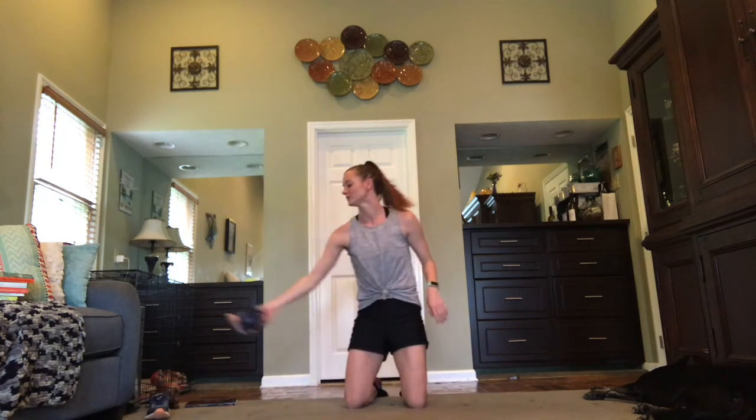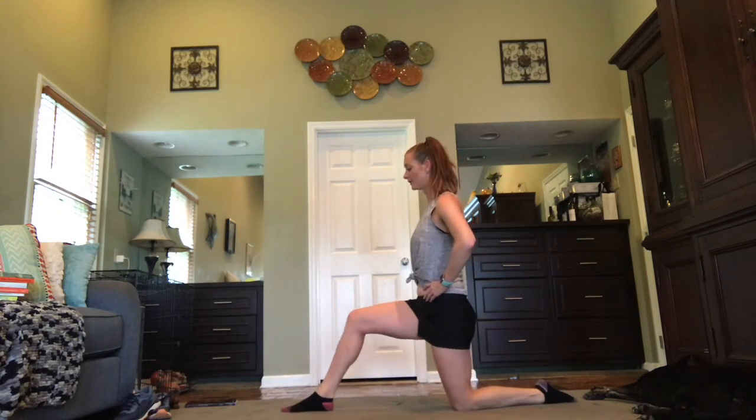So again, as we go into our splits, we're not just flopping down into this position and hoping that our flexibility will be there for us. We want to make sure that we have the muscles to control it. So bringing this foot out in front of you, hands on the hips. I'm going to do this to the side so you guys can see. There we go. I'm going to slide the foot forward